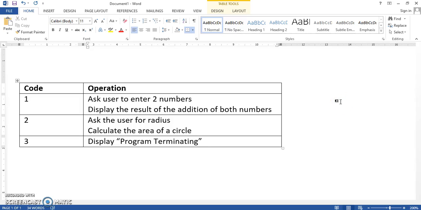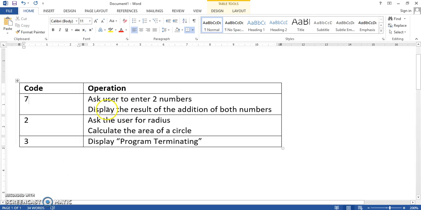Okay, so you have seen a lot of examples for switch case statement. Now we have another example. For this particular example, the user will enter a code, as you can see here. I want to change the code a bit. Instead of using 1, 2, and 3, I want to use codes like maybe if they key in 7,